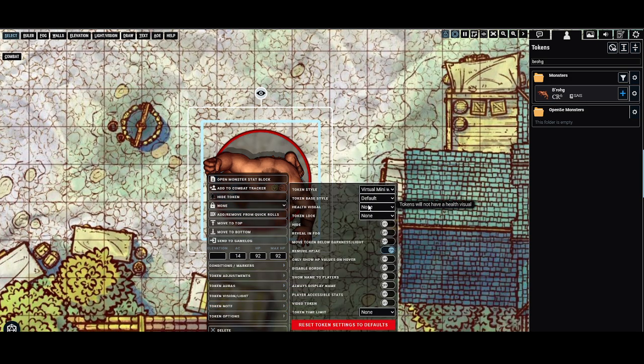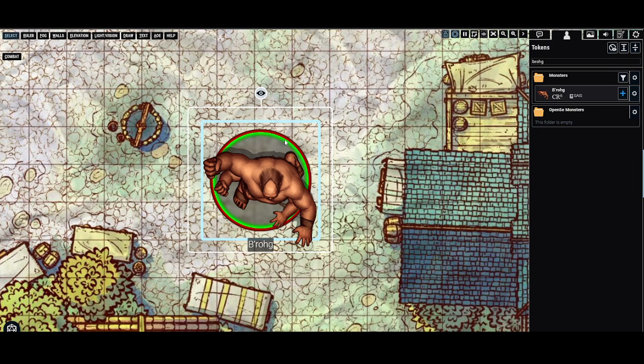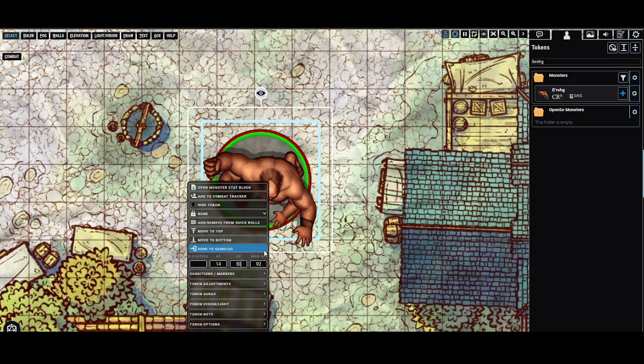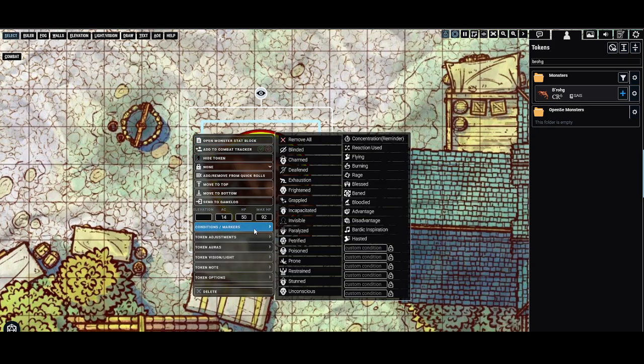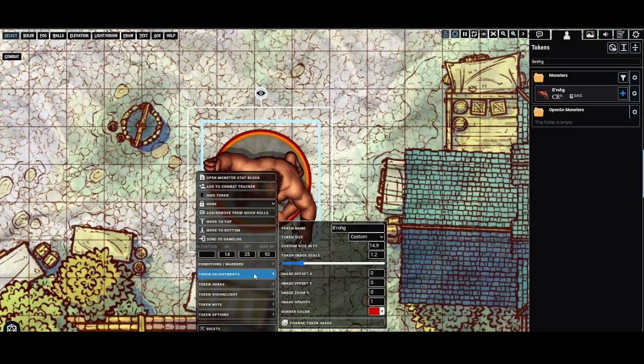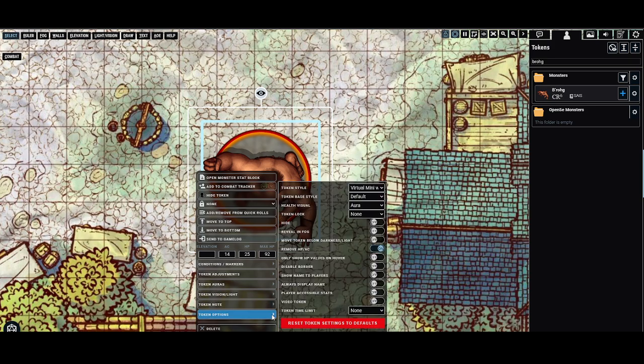I'm going to go back to the default one, and I'm going to enable that health visual once again. So as you see here, it's got the green health aura. If I take away some of his health, maybe go down to 50, it changes to yellow. If I go even lower, it'll start changing to orange, then eventually red. If I want to, instead, I can change that so that it's actual HP meter, and you can see